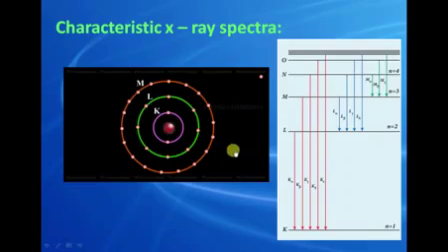That forms the K alpha series. Here you see the K shell and L shell. Because electrons jump to the K shell, K alpha radiation is produced. If an electron from the M shell jumps to the K shell, it produces K beta, and similarly if it jumps from the N shell to the K shell, the series continues. That forms the K series of radiation.